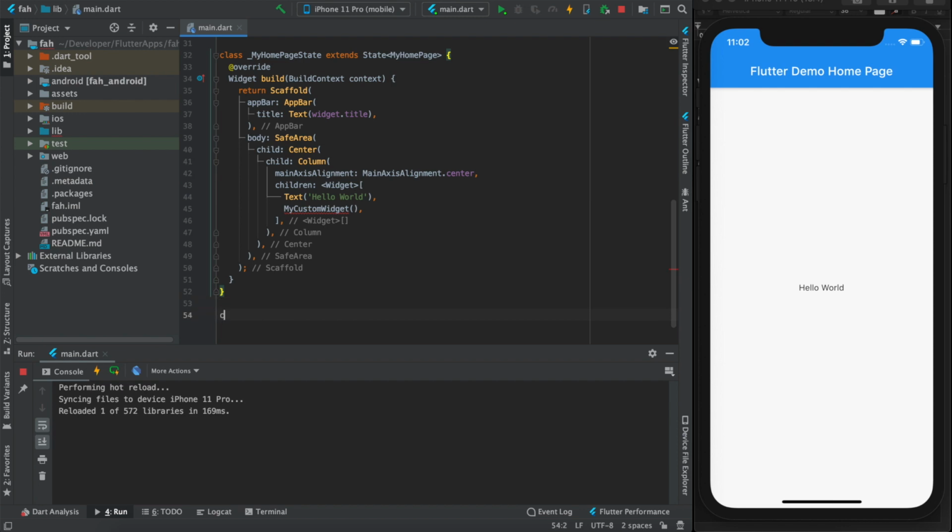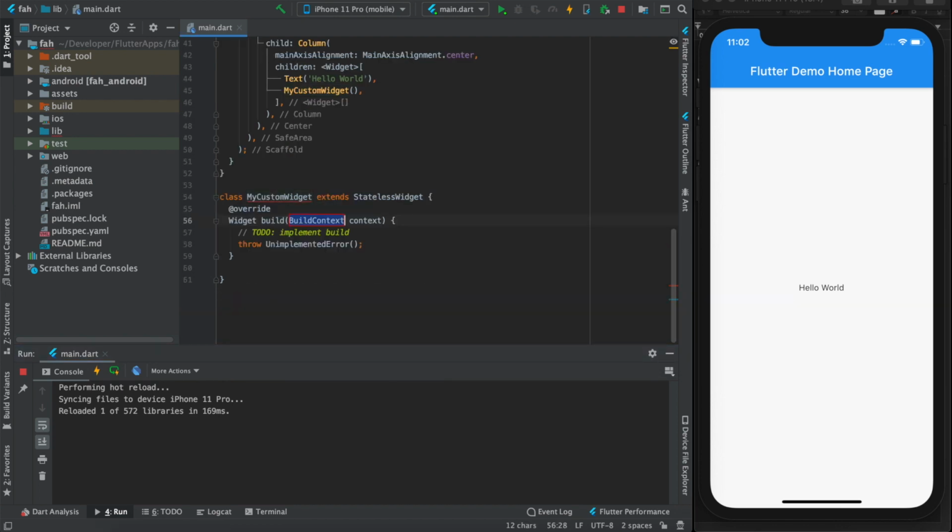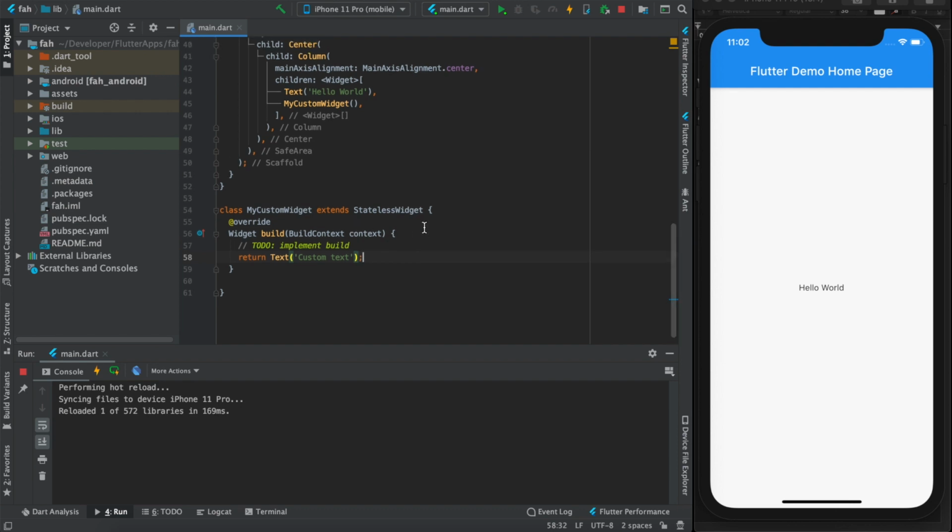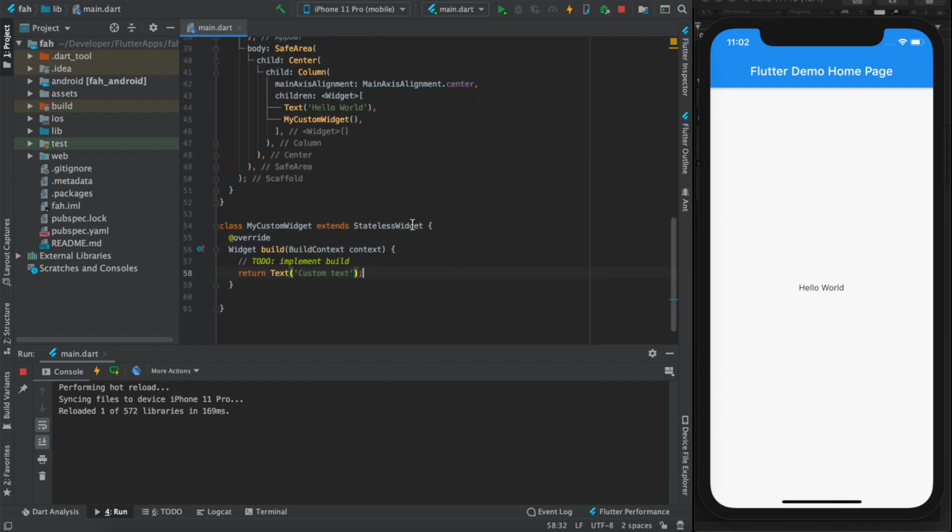So let's create a new widget, class MyCustomWidget extends StatelessWidget, and we create the missing override, and we return a new Text from within, "custom text", just for the sake of confirming that our widget is being created.